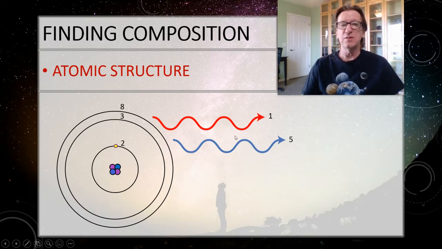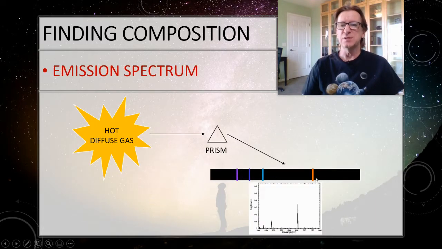Now, another thing that could happen is, what if we give her 2 cookies, but then she gets in a tickle fight with her sister, and she burns through all that energy all at once. So she drops all the way from 8 down to 2. Well, now she's emitted 6 energy. So that's even higher energy than the blue, so we're going to say that that's purple. So if I were to project this on a screen, then I would get a red line, a blue line, and a purple line. Looks just like this.